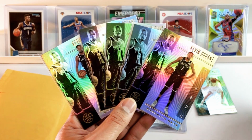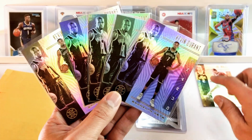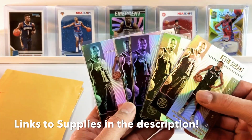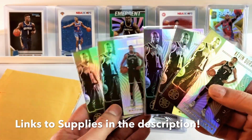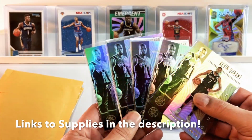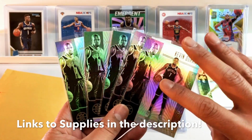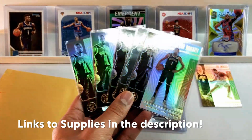Maybe I'll make this the thumbnail, but this is the same, but it's Joe Ingles, so not that great. But you sell the Durants all at the same time. If they go up, maybe these will take longer to go up, but they're so nice looking. I've been looking for some Lukas, but they're a little bit more expensive. I think Durant's a little under the radar. So if there's any players you like, I highly recommend these, because they just look so nice, and you know,